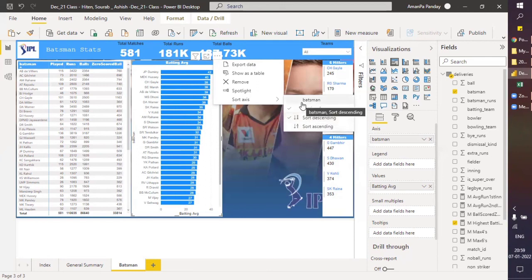If we do it on batsman, it will arrange it alphabetically, because it is text. It studies the data to see whether the column is string, integer or alphanumeric, and then gives you the options accordingly. Understood.